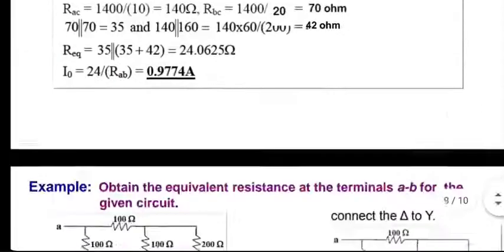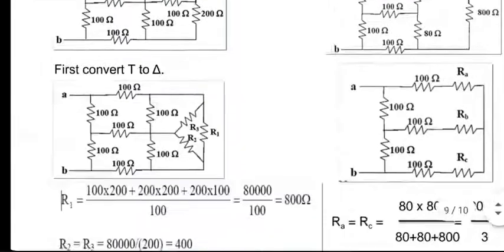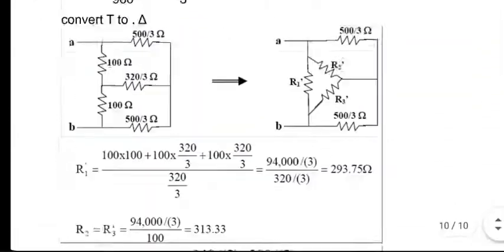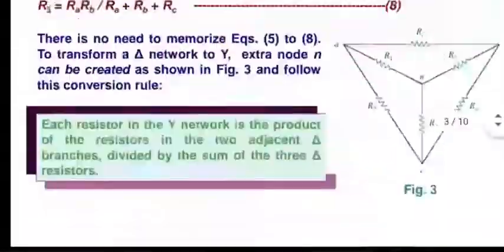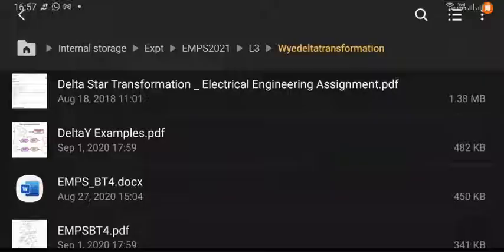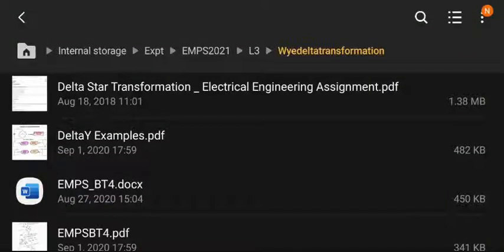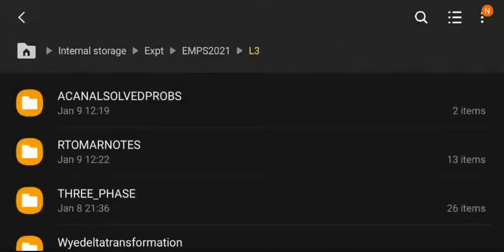There's a lot more in this document. I don't think I want to go on and on. There's a lot more here in terms of practical problems. But I hope you get the idea that it is not that easy to convert real life loads into a form which is easier to analyze from the simulation point of view. Delta Y formulas in both directions are one of the keys that help you to achieve the goal.